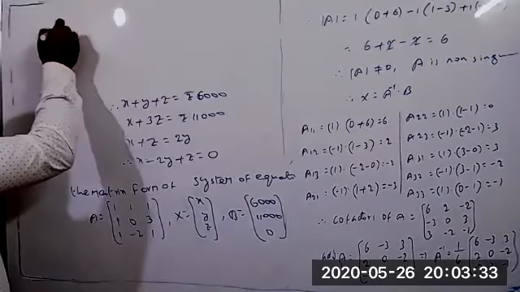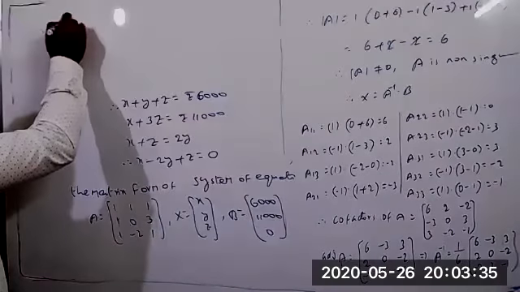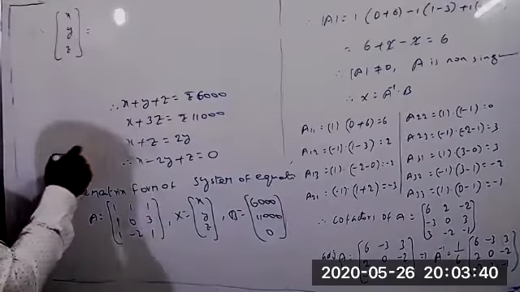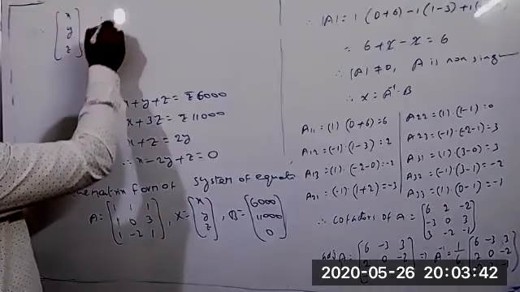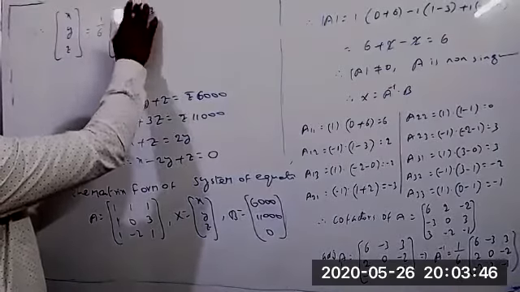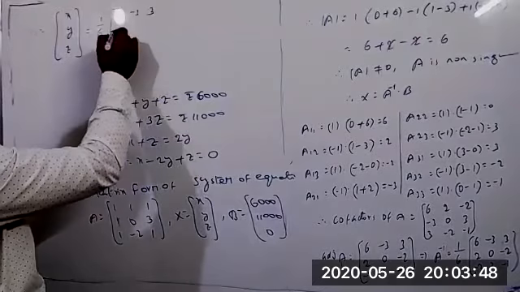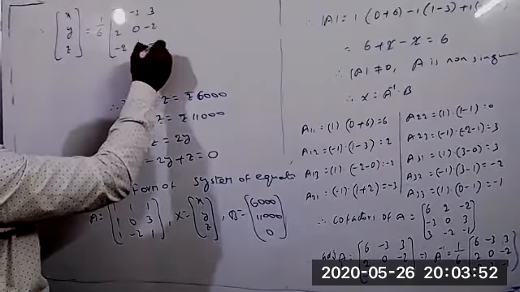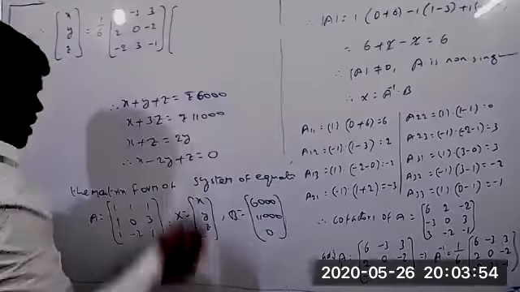So therefore, x means you can write now xyz equal to A inverse into B. So A inverse equal to 1 by 6 into 6, minus 3, plus 3, 2, 0, minus 2, minus 2, 3, minus 1, into the matrix B equal to